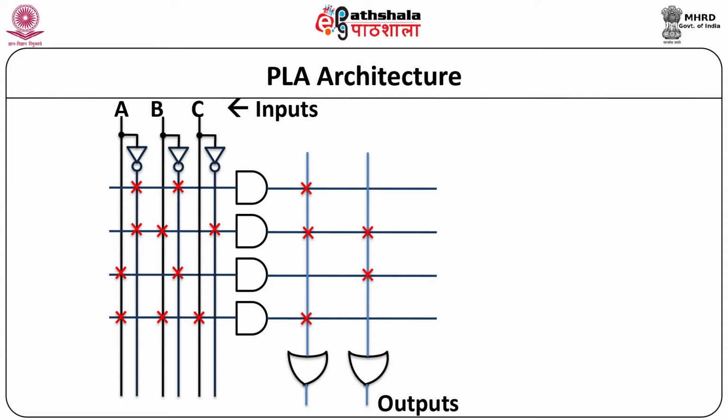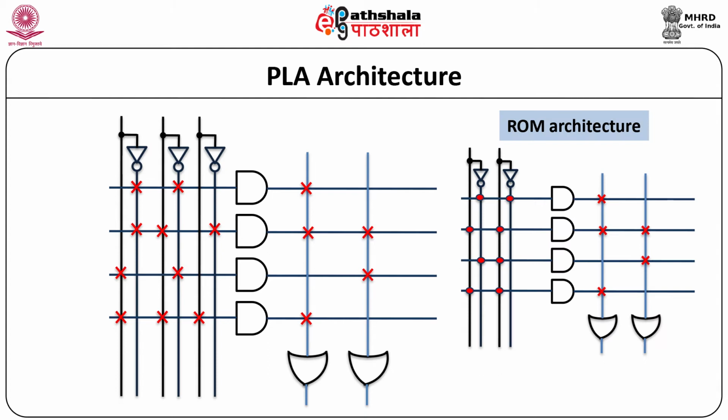Output of first OR gate is A bar B bar plus A bar B C bar plus ABC. Similarly, the output for second OR gate is A bar B C bar plus AB bar. The diagram to the right indicates the comparison of PLA with the ROM. In ROM, all the product terms are shown with dot indicating hardwired connection and crosslink indicates programmable interconnections. AND array is fixed or hardwired, whereas OR gate array is programmable and is shown by crosslink.